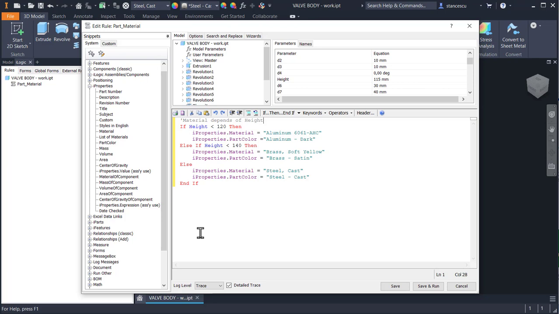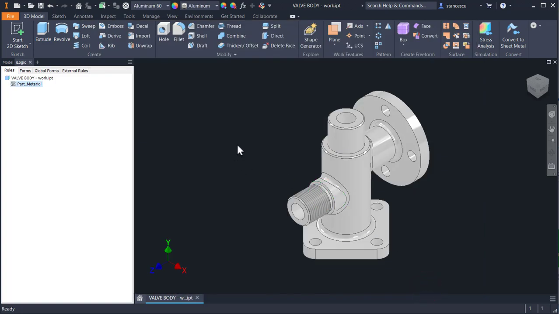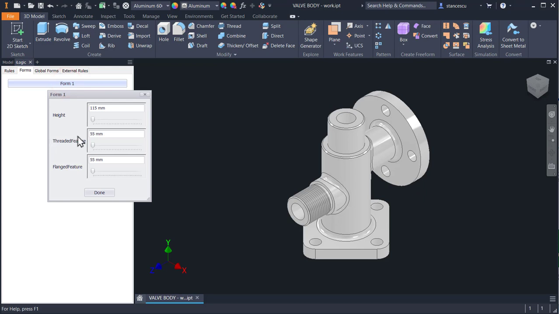Something to clarify what happens here. Save and run. Now the question is, how can we connect this with the height? Well, it's very simple. This is what I'm amazed. We go to Forms, click, and we modify the height from the aluminum,